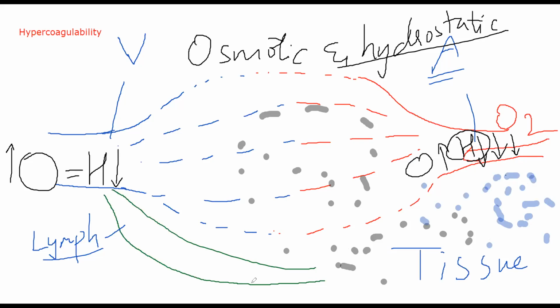Normally what happens is, even if you have higher hydrostatic pressure on the right end towards the arteriole, and relatively lower hydrostatic pressure on your venular end, technically speaking, fluid should start filling up into your tissue, because at one end you are losing water and at the other end there is balance, meaning the net result will be that water should be lost.